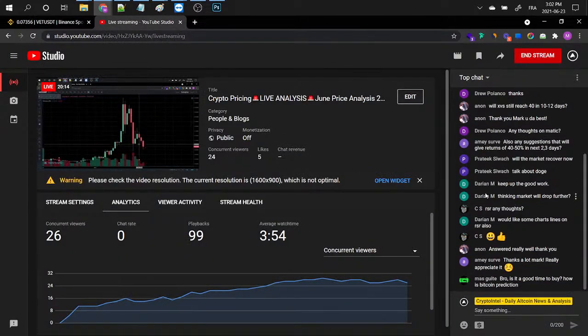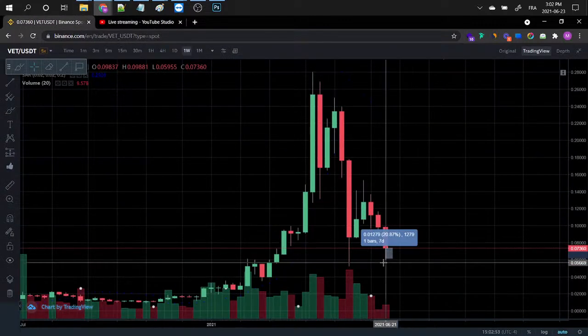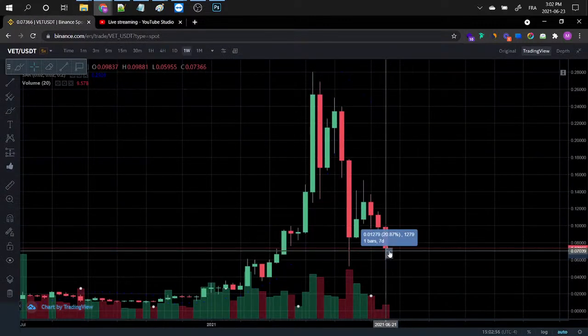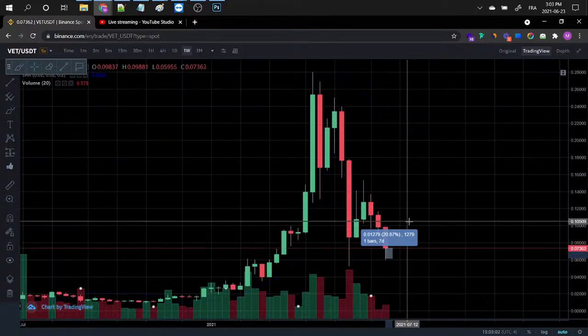Let me see here. Okay, so about the VeChain, guys, I'm definitely very bullish about the VeChain. It is definitely gonna bounce, so definitely check it out. It might actually unbounce for the next couple of days, but then it's gonna keep on growing until it will probably reach the mid range of the previous explosion that it had. So it might reach approximately 10 cents in approximately 3 weeks, guys. So this is my prediction for the